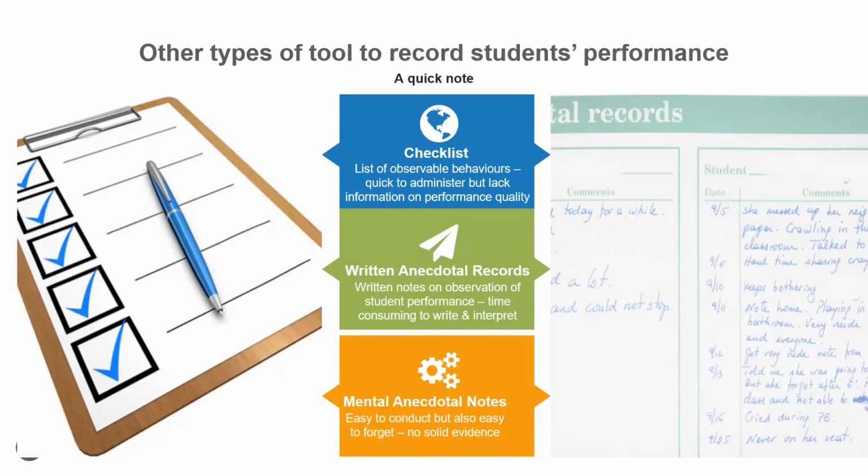But perhaps if I were the one teaching in hotel catering or tourism, what do we call it? Hospitality, and you've got certain procedures that you would want your students to follow when they make up the room, for example, if they're in charge of the housekeeping, or if they're in the kitchen, there are some rules that they need to follow. So you can use a checklist, because a checklist is very clear cut. What are the observable behaviors that you will be looking at, and all you need to do is just tick.